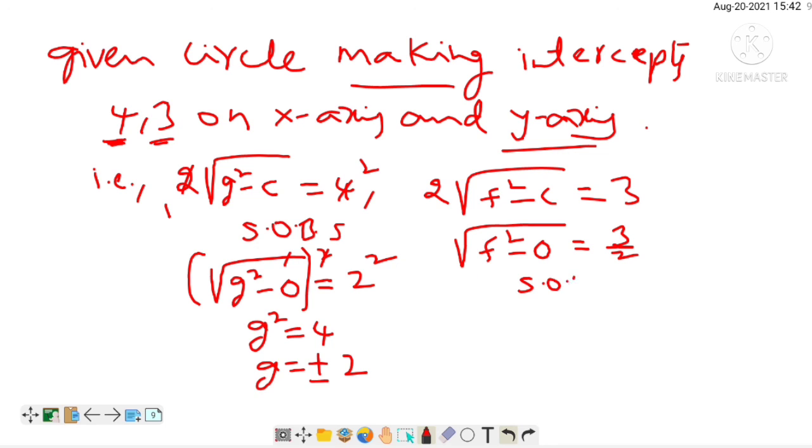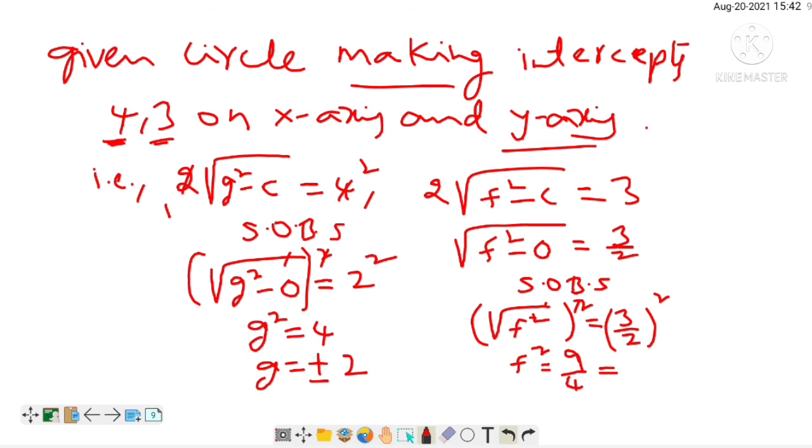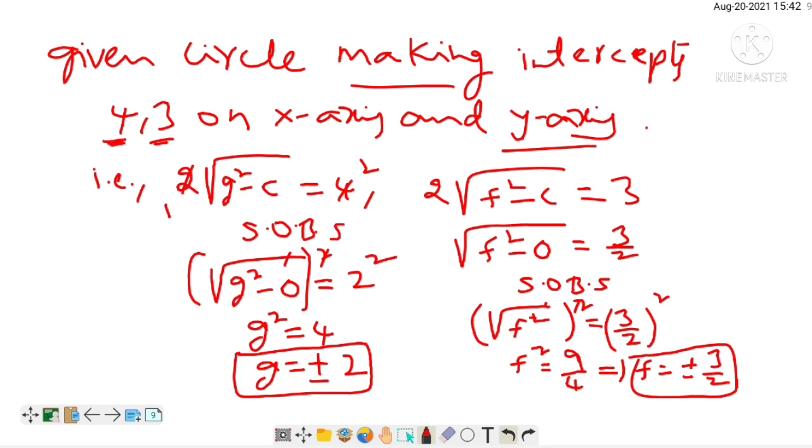Now squaring on both sides, (√f²)² = (3/2)². The square root cancels, f² = 9/4, f = ±3/2. So g = ±2, f = ±3/2 and c = 0. And the required equation of the circle is